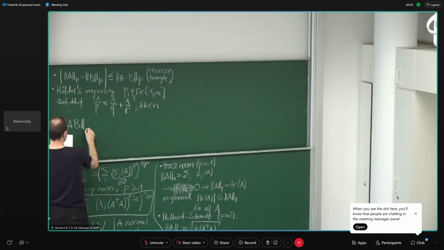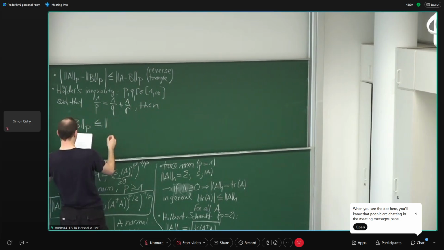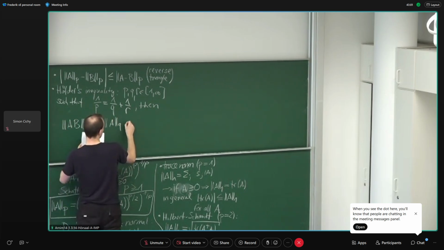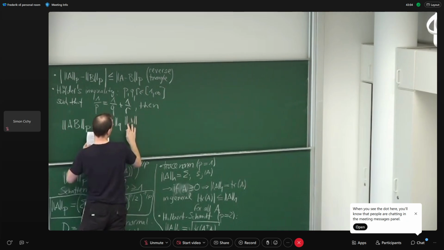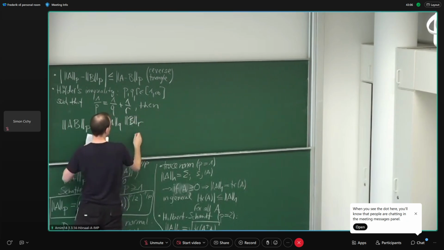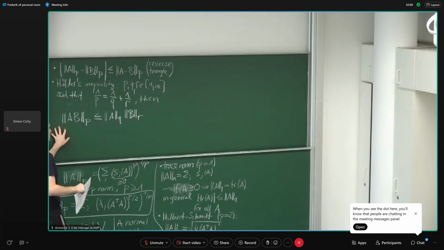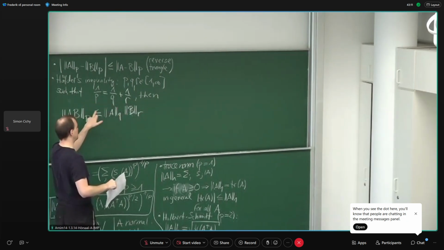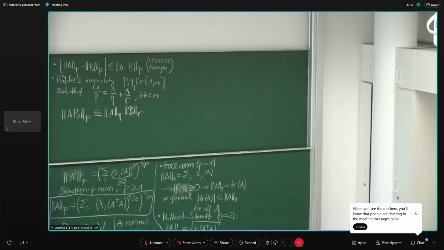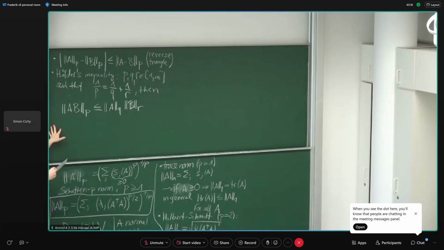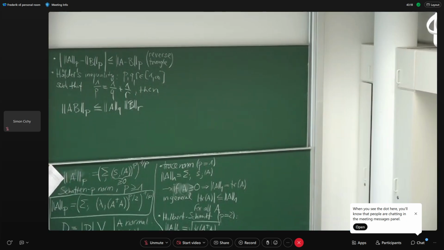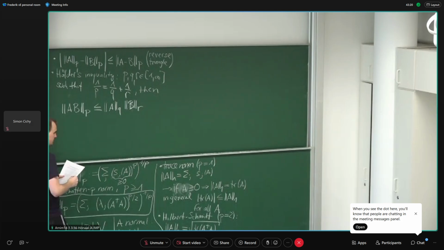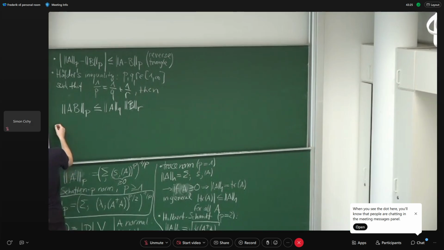Then for all matrices, the p norm of the product of two matrices, you can upper bound by the corresponding conjugate Schatten norms. And this is where you need this relation between the numbers. Okay, so this is very powerful because it will imply a lot of other very nice properties about these norms. For example, that